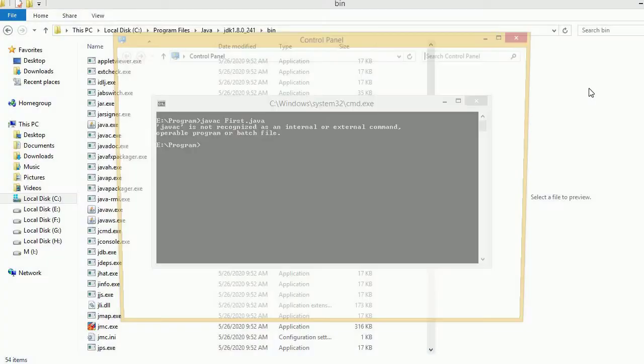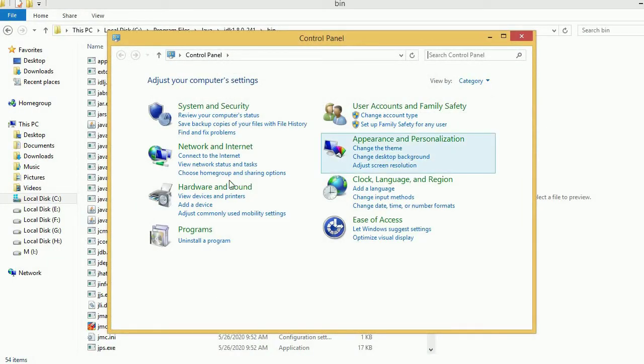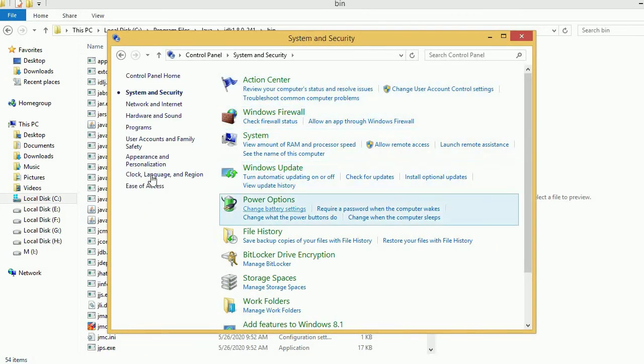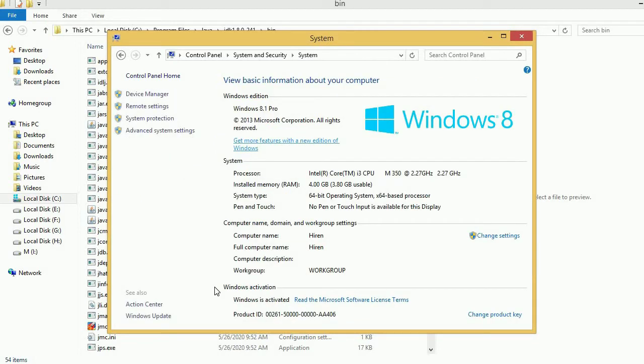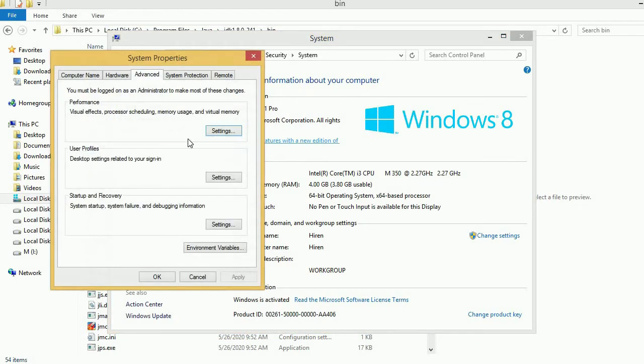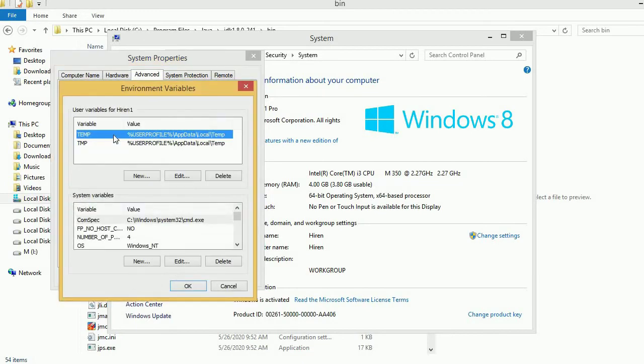In the control panel there are system settings available and also Java settings. Here in the control panel I will go to System, right? There is System and Security, right? This is Windows 8, so the navigation here will be different from the previous lecture. In System, again there is a System option inside System and Security, and inside System there is Advanced system settings. In this you can see the environment variable settings are there. Click on that.